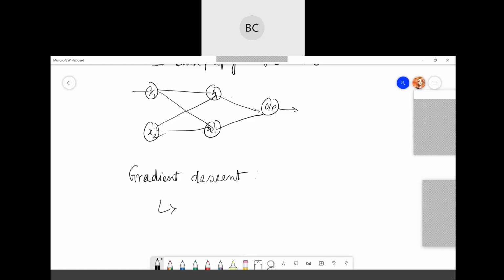With the help of gradient descent, you are going to update the weights both in the output layer and the hidden layers.